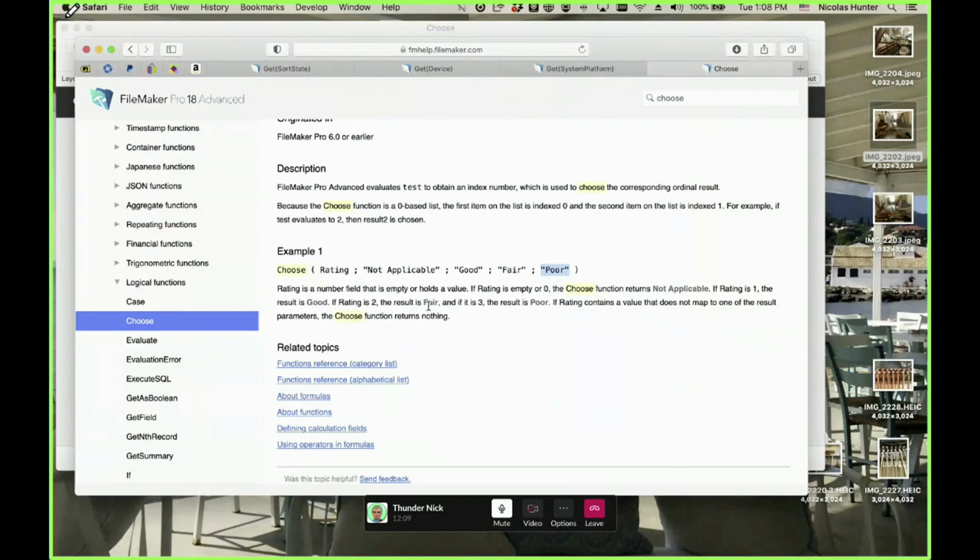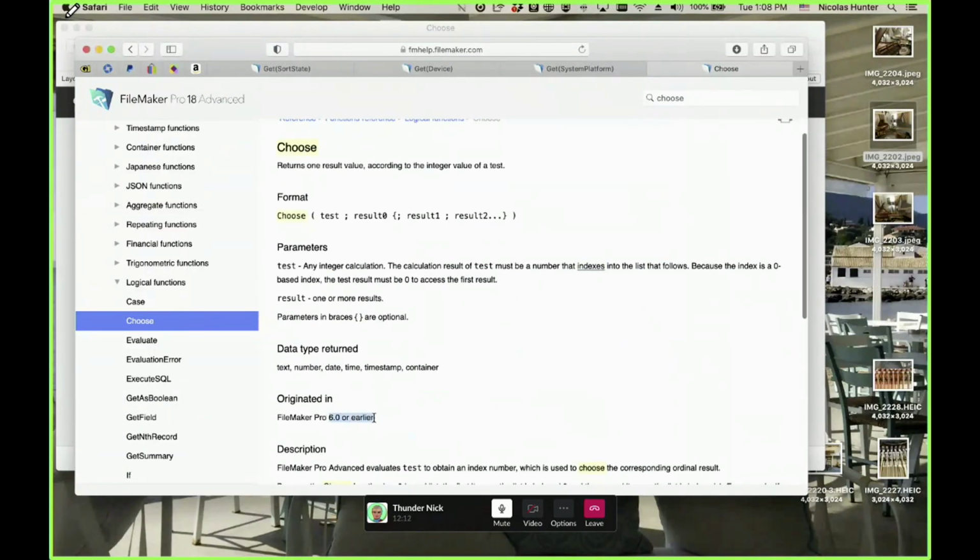This is coming from FileMaker 6 and earlier, so that means it's from the Jurassic time of FileMaker, when the dinosaurs were still there, right? When they say 6.0 and earlier, I think this came in FileMaker 3.0, and they invented this to address something. Along with Choose, many other functions were coming up, and FileMaker started to use this, and they abandoned it, and then they took it again: the index-based return function.